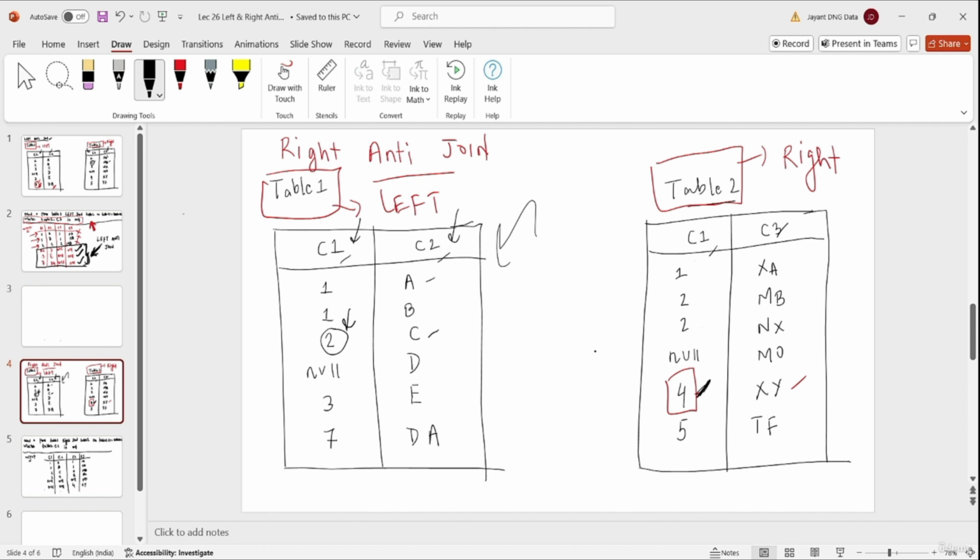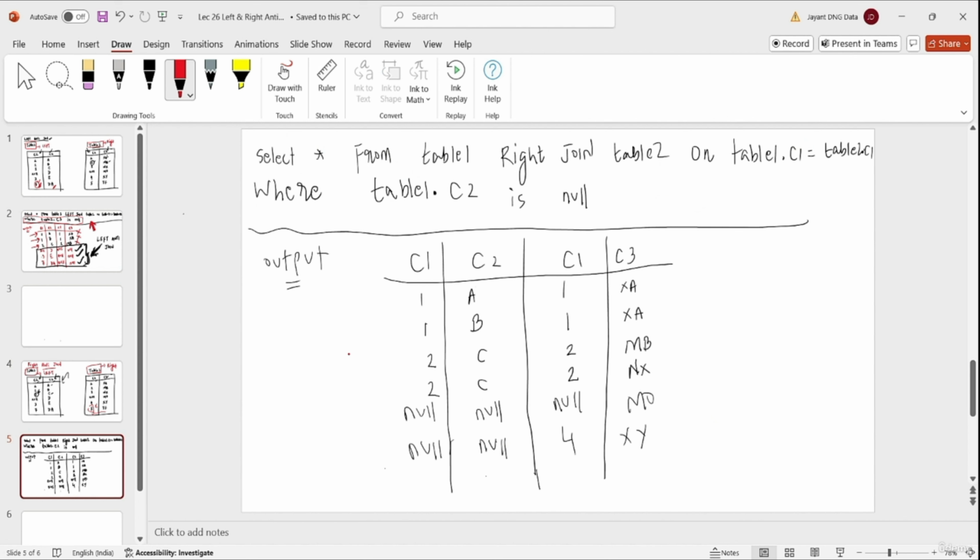Now again, let's talk about 5. This 5 appears in column 1 of table 2 or the right table, but it doesn't appear in column 1 of table 1. Since we are talking about right outer join, in the beginning we are considering that a right outer join is getting applied, and then we will discuss the output of the right anti-join. Since it is the right table, 5 TF should be present in the output.